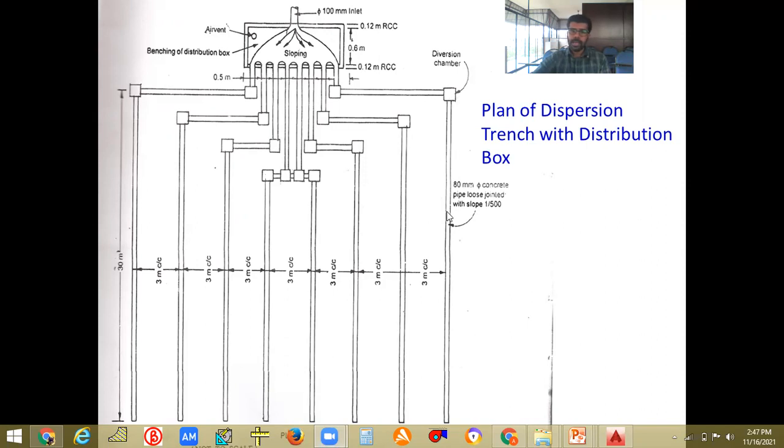Okay, and normally there will be a distance of 30 meters. Normally a 30-meter difference is given from manhole to manhole. In a big project and all, normally a manhole to manhole distance of 30 meters is given. In some cases, even up to 10 meters we can provide, according to the site as well as the application that we are doing. Normally in a big project we used to give 30 meters.